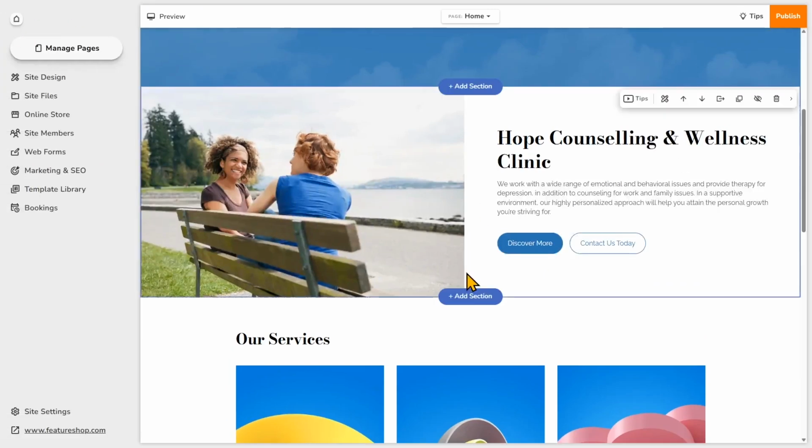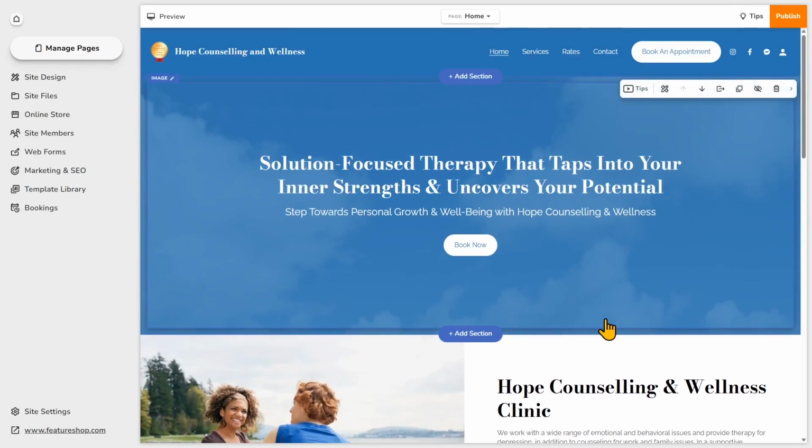So let's go back and look at this homepage. To recap what you've learned, first you need to define your homepage's purpose, follow a simple section structure, apply key design principles like hierarchy, white space, and balance, and keep it all visually consistent. If you do that, your homepage will feel polished and purposeful, even if you're not a designer.